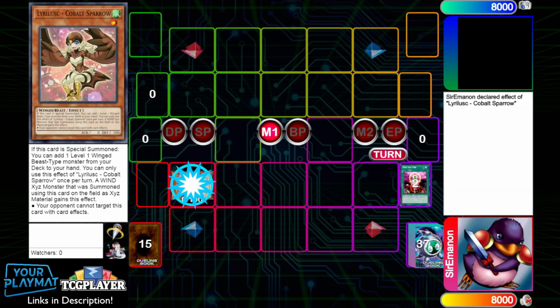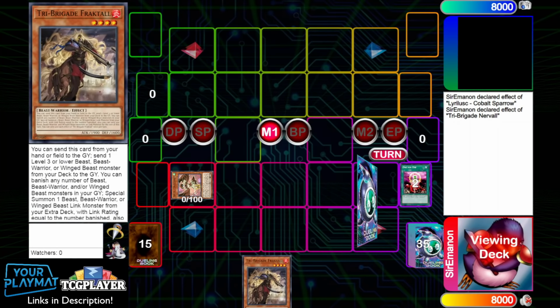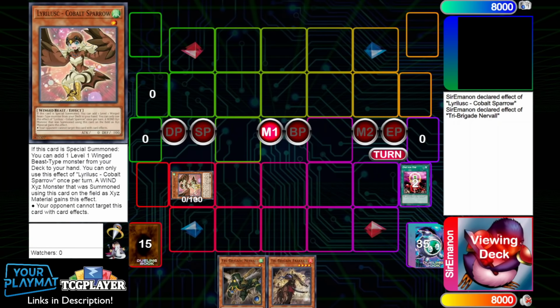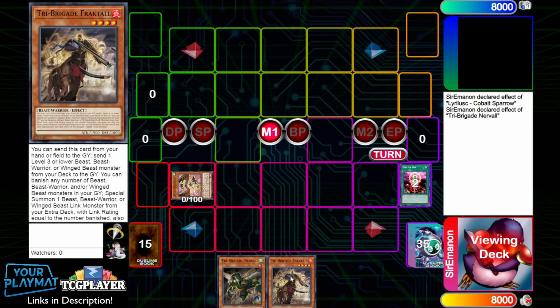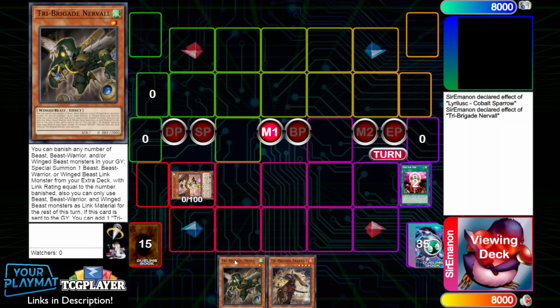So pitching Nervall here this time, we're going to go same for the Cobalt Sparrow, and then we have 2 triggers here, so we're going to grab ourselves a search off the Nervall and off the Cobalt Sparrow as well. So off the Nervall, we want to grab Fraktall, and then off the Cobalt Sparrow, we're actually going to grab another copy of Nervall, which is pretty interesting because Fraktall, again, as we've seen time and time again, bridges us very well into the Lyrilusc engine,